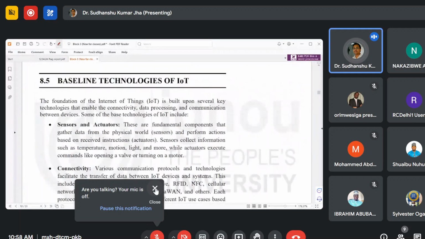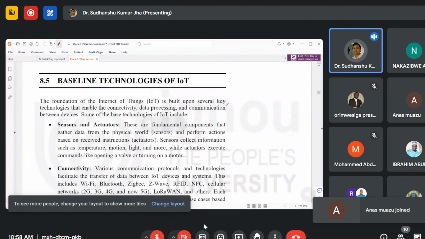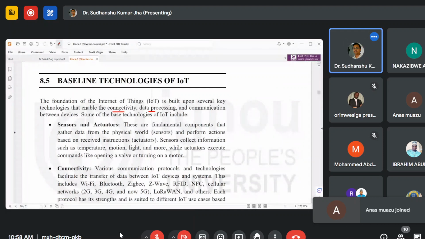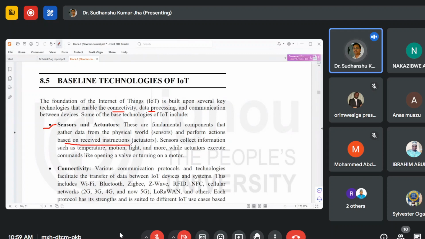The foundation of the IoT is built upon several key technologies that enable connectivity, data processing, and communication. One of the major components of IoT technology is the sensors and the actuators. Sensors are components embedded in the IoT devices which sense the physical world and perform action based on the received instruction. So sensors and actuators are two components. Sensors sense the physical world, sense the environment, and accordingly the actuator is the component which reacts